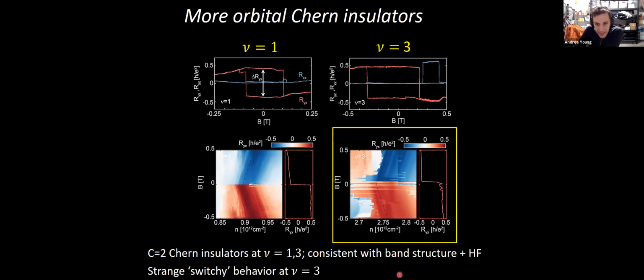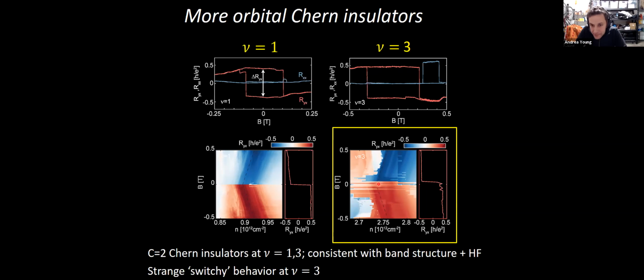But the thing that I want to point out, which was very confusing to us for a while, is this behavior near nu equals 3. When I first saw this, my postdoc, Gregory Polshin, showed it to me, and I said, this looks like you have a cable that's not well connected or something like that. But it's not true. It's actually real. What you're looking at here is the Hall resistivity as a function of density. It looks very noisy. It really looks like you have some problem with your fridge wiring. It still looks that way to me, but it's generic.